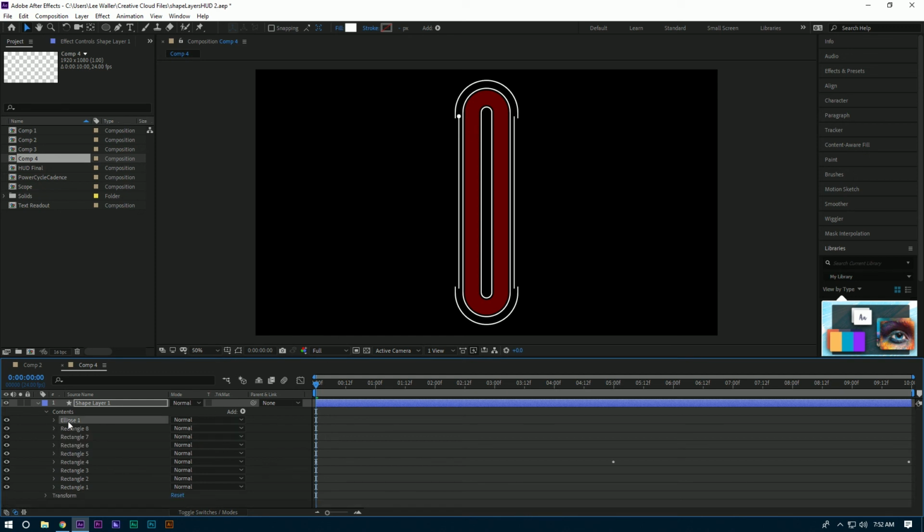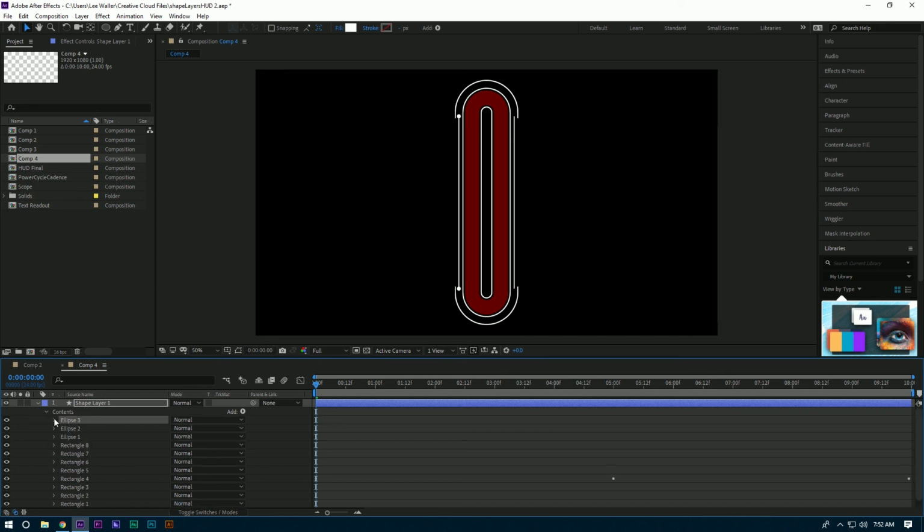This process is pretty easy from here on out. We can just go to the ellipse 1, duplicate it, open that up, go to the ellipse path there, and we'll leave it at a negative 115 on the x-axis, and we're going to move it down to a positive 350. So just click on that negative 350 and type in 350, and it drops that second dot down to the bottom here. Close up ellipse 2,